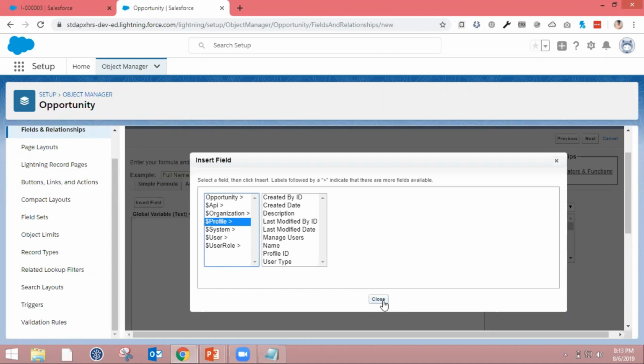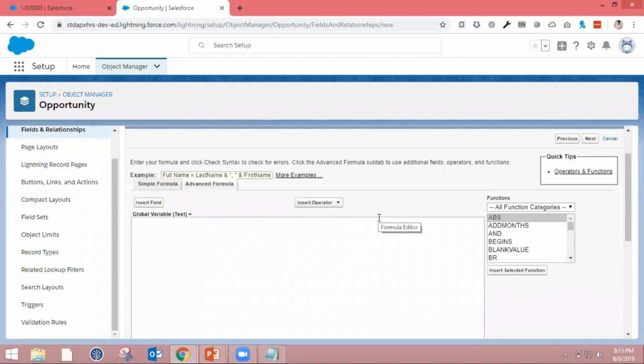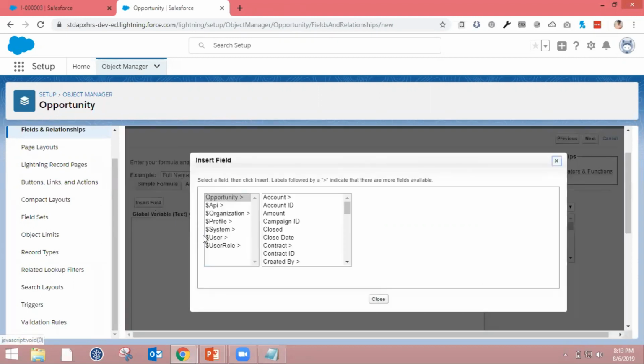And just to add to what Purushottam said, basically global variables are ready-to-use recipes, right? They give you some details around the platform, which you can use either in your formula fields or other places. For example, let's say you wanted to find out who the currently logged in user is. In that case, if I'm using $User, that is going to give me the currently logged in user